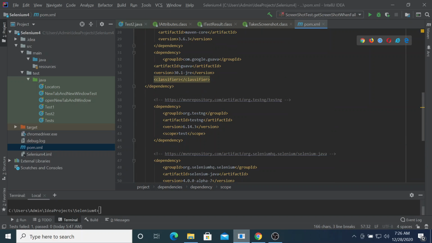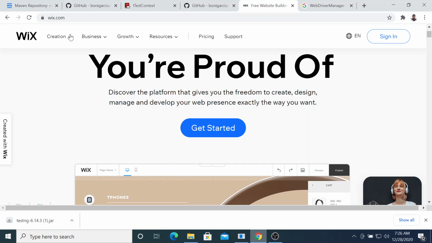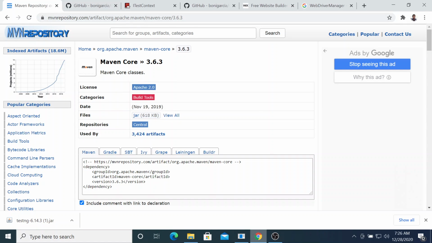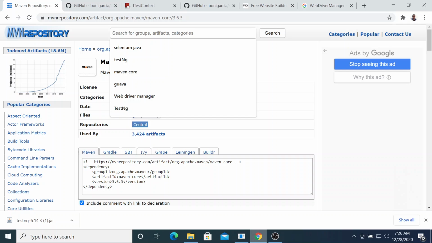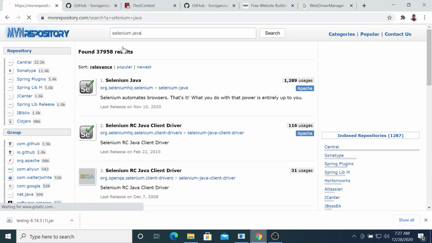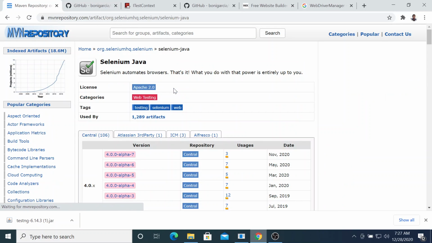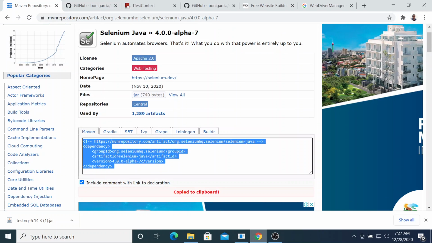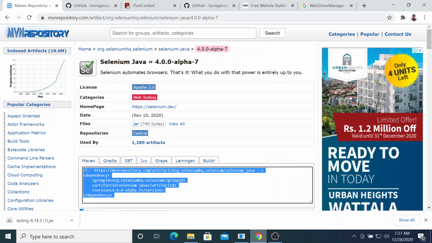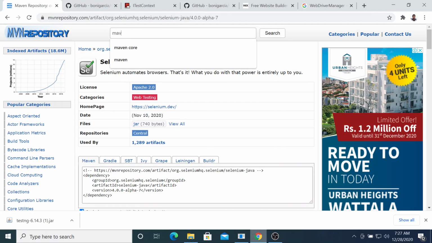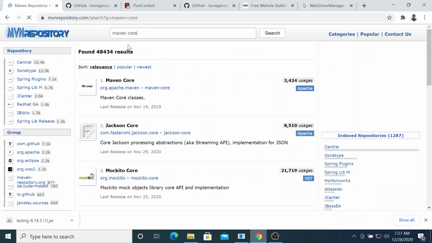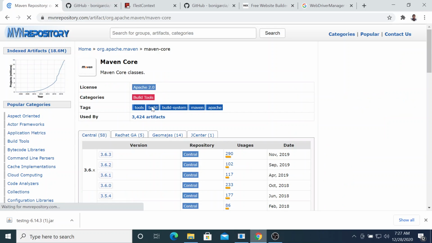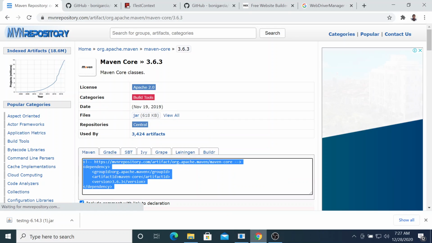All these dependencies can be downloaded through Maven repository, and you can go to Maven repository and search for Selenium Java, and you can click on this link. You can click on the latest one, which is the Selenium 4 Alpha 7 version, and you can copy this dependency and paste it in your POM.xml file. Likewise, you can search for Maven core, and you can click on the link and you can get the latest one, 3.6.3, and you can copy this